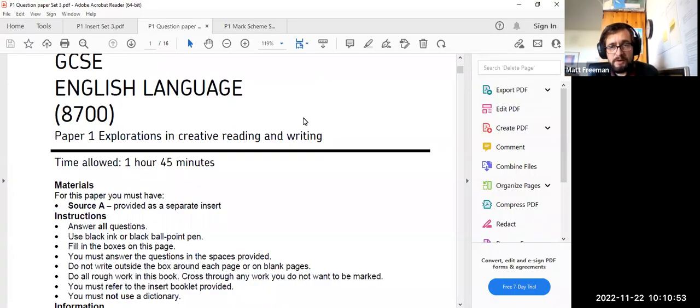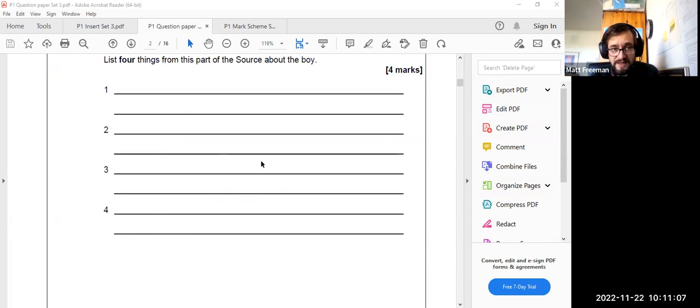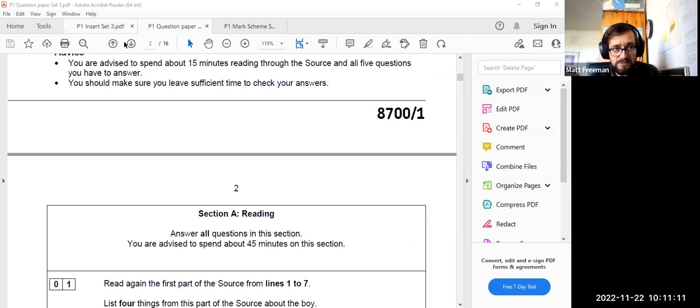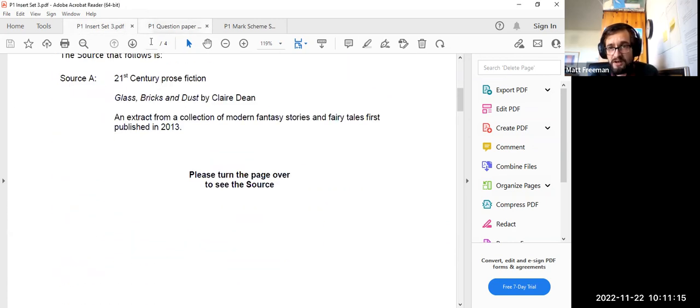Okay, so to begin with, in this video we're going to go over this idea of active reading. Remember, you are absolutely allowed highlighters in the exam. Do not highlight the question paper where you're actually writing. So if you write something in here, for instance, don't highlight that, because the scanner won't pick it up. But for the source material, so the insert, you are absolutely allowed to highlight that to your heart's content,